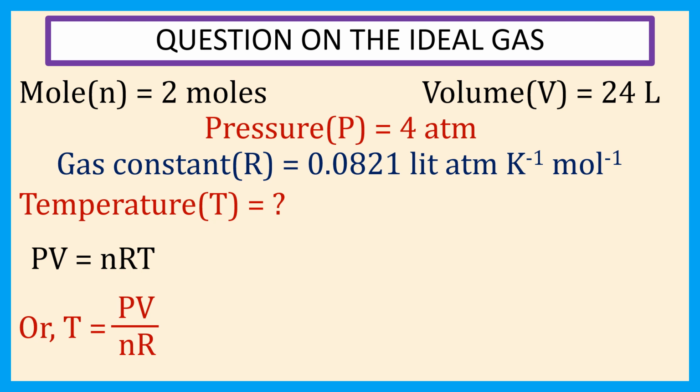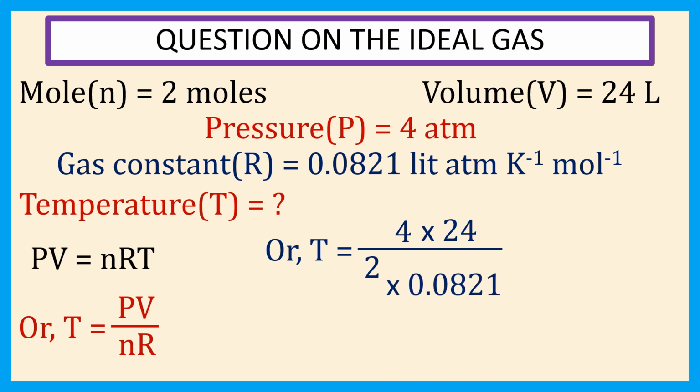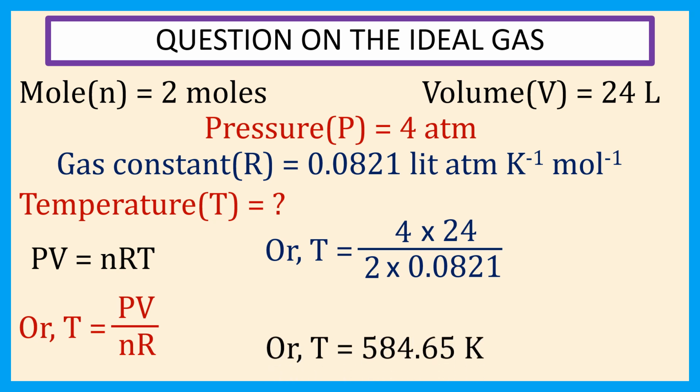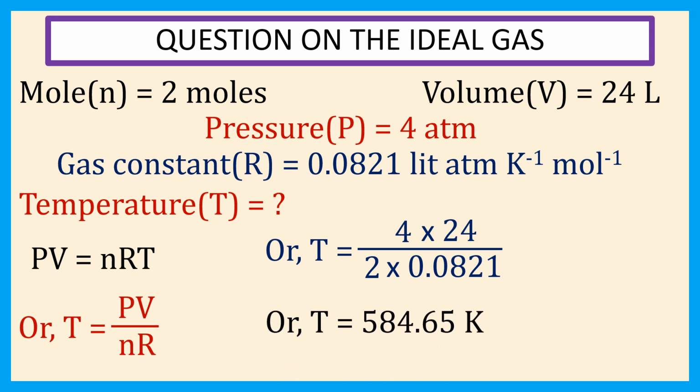Now we put the values of P, V, n and R in this equation. Therefore, T is equal to 4, it is the value of P, into 24, it is the value of V, by 2, it is the value of n, into 0.0821, it is the value of R, or T is equal to